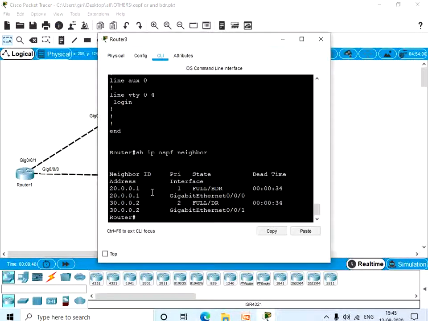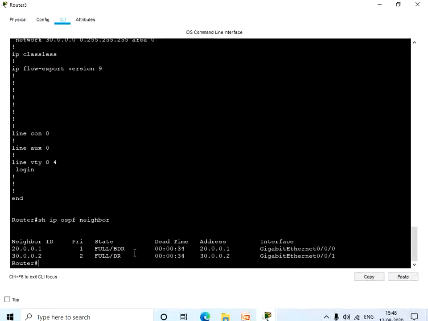Now let's see. Here we have the BDR, which has a priority of 1 and the router ID 20.0.0.1, and the priority is 2 for router 1, so obviously it is the DR. So here you can see the DR and BDR.